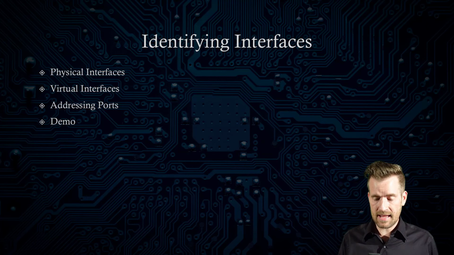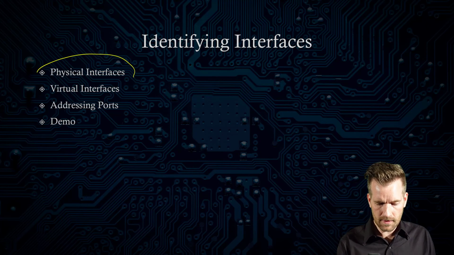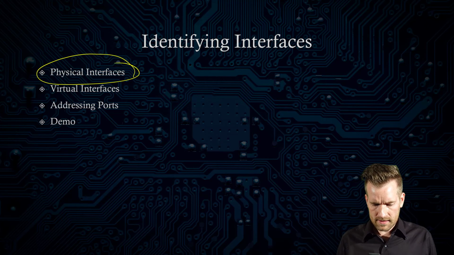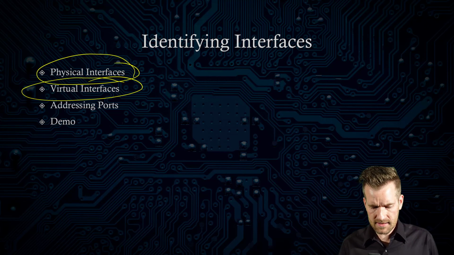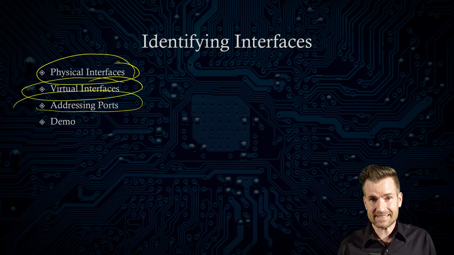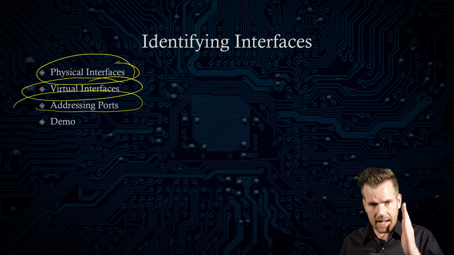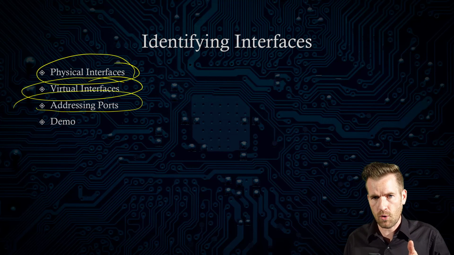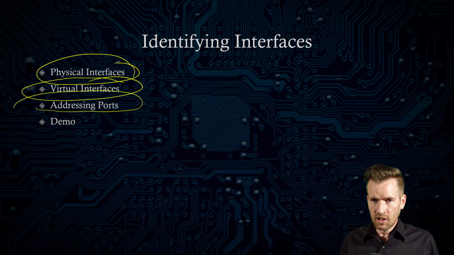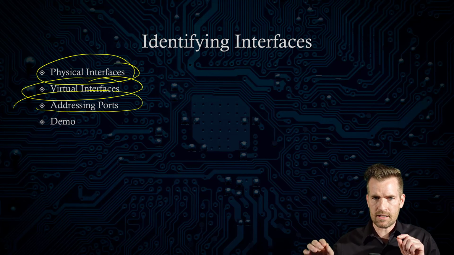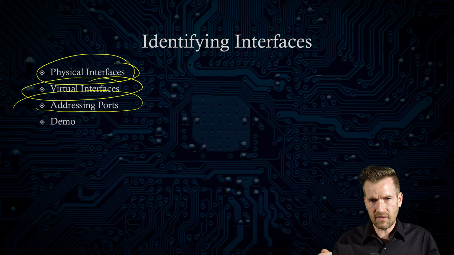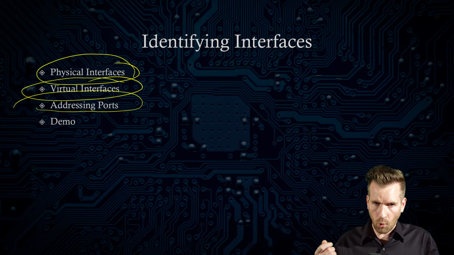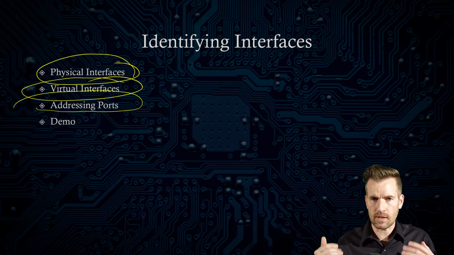Okay, so there you have it. We covered identifying these interfaces from the physical interfaces. We talked about the virtual interfaces and what some of the virtual interfaces are. We talked about addressing specific ports on there, and I showed you those specific ports that we'll be addressing. So it's important to know the association between the two because we're going to be plugging in switches and other devices into these devices, and we'll want to know what port we are plugging that into so we can identify it